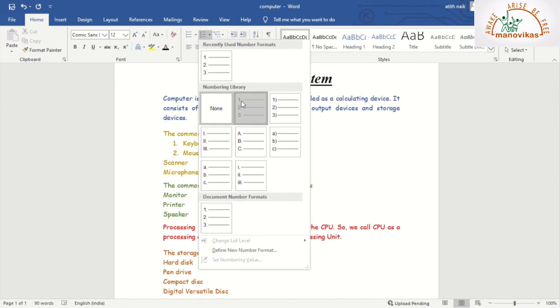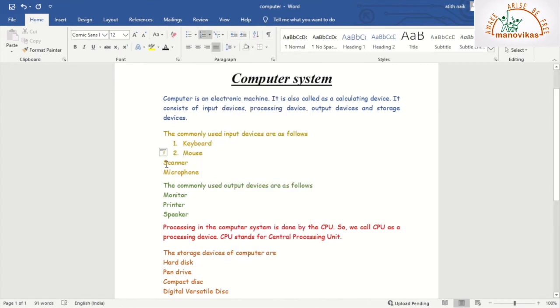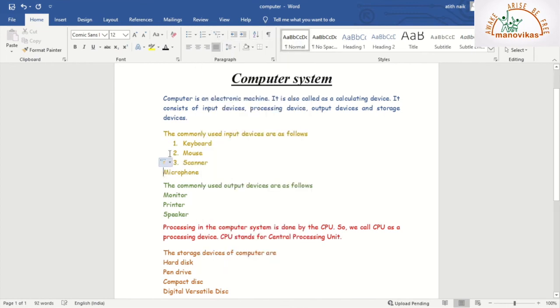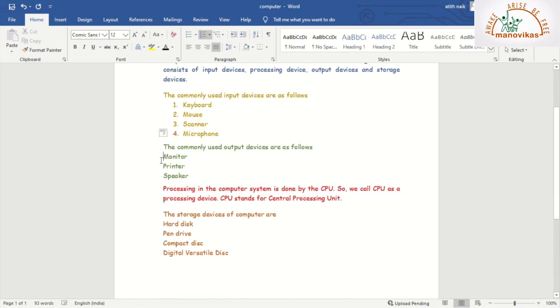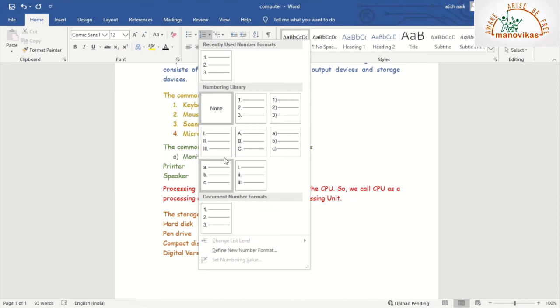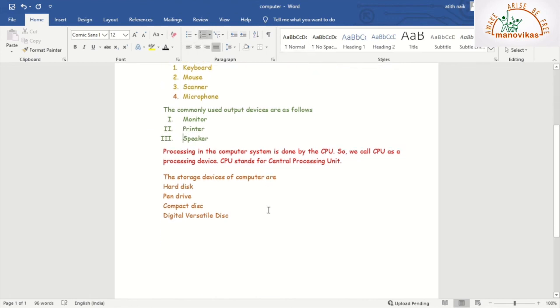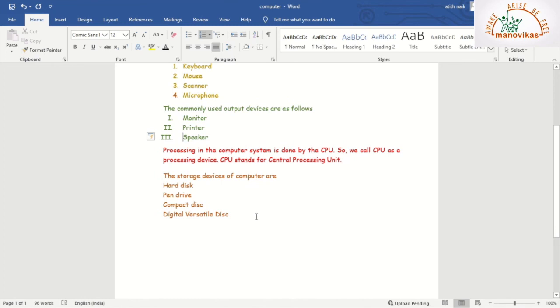Now I just click on it, it will give 2. I just have to keep it before the word. We can do the same thing for this as well. And 3. So this was about the numbering list.